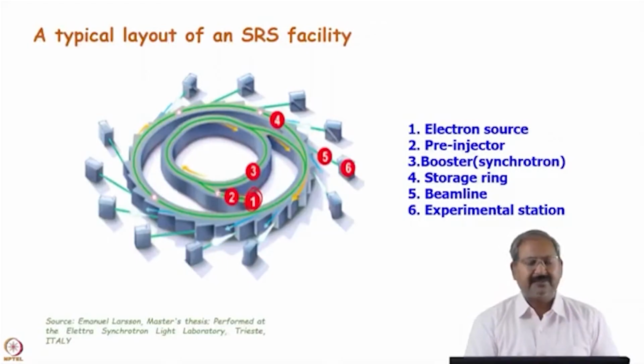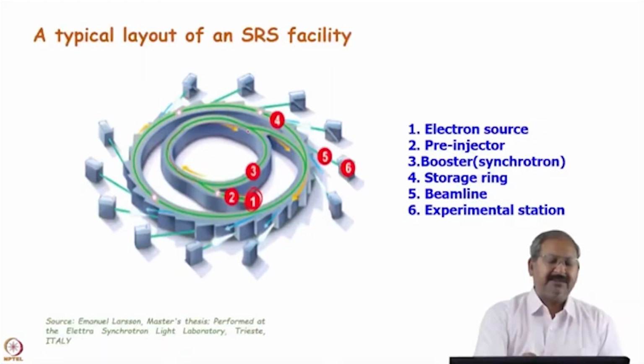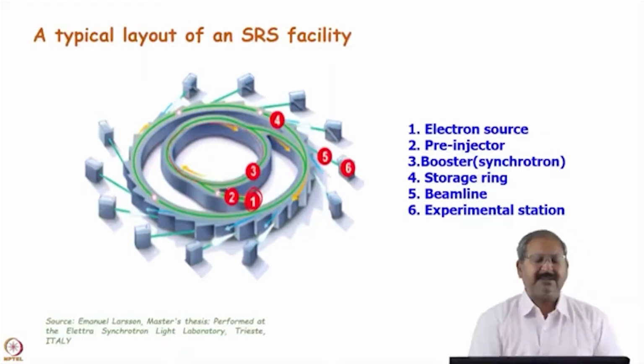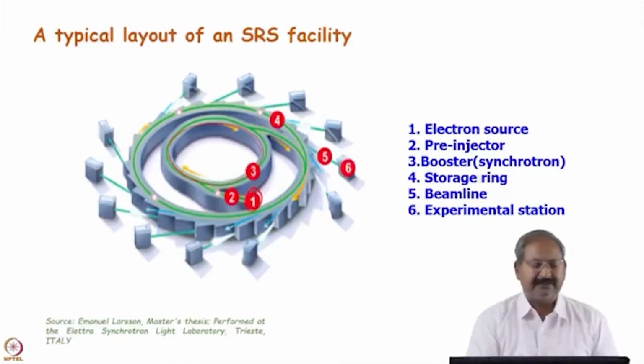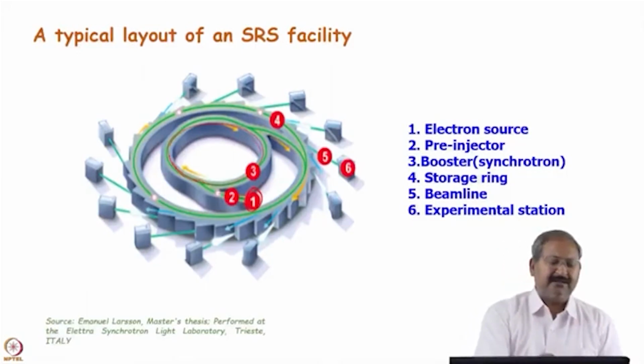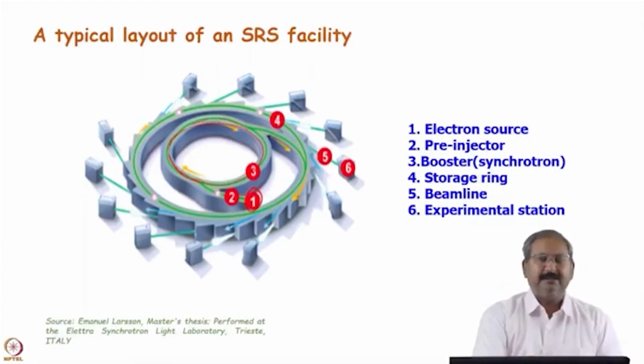So this is the first synchrotron, which is known as the injector machine, and it is a booster synchrotron. It raises the energy up to a certain level which is desired by the storage ring. This energy may be equal to the storage ring energy, or it may be slightly less than the storage ring energy. When the energy of the electrons reaches the desired level in the booster, the beam is extracted from this point. You can say this is the extraction, and using a transport line, this is the electron beam